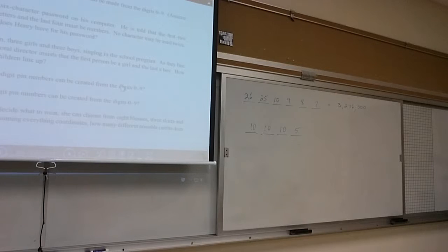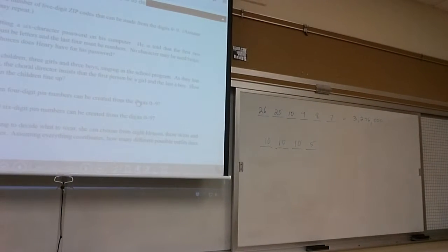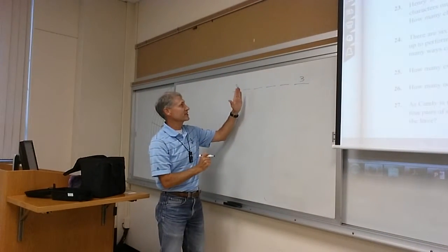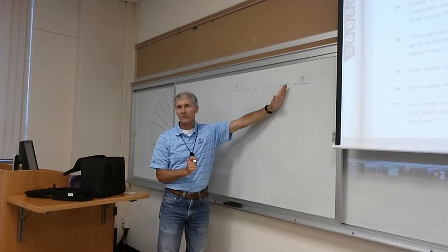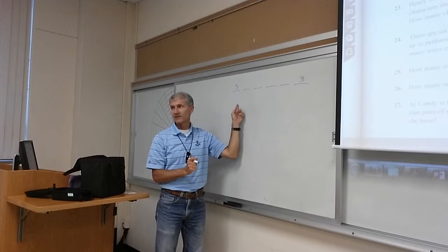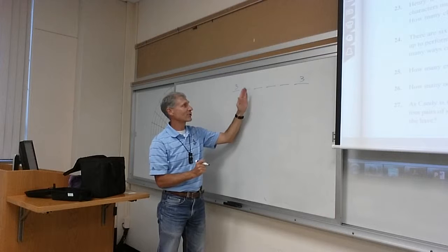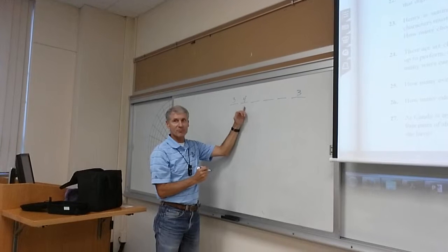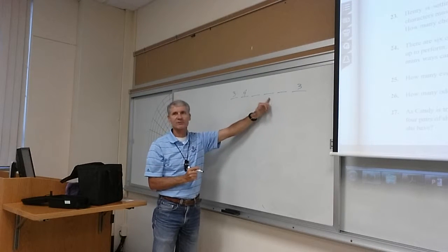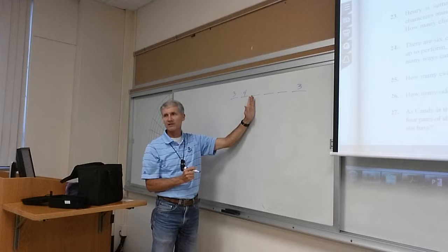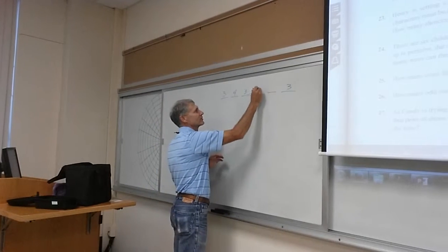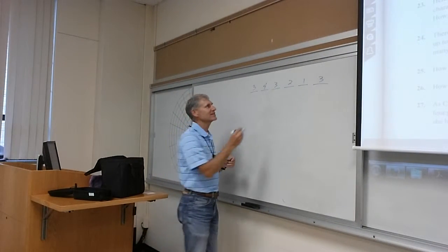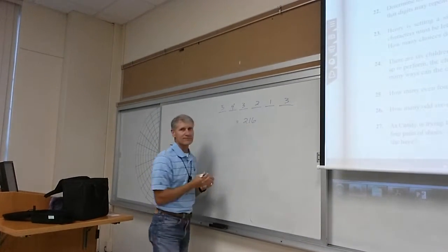3 ways to pick the girl to go here. Everybody got that? 3 ways to pick the boy to go there. The common mistake I'm seeing now is I'm seeing 6, 6, 6, 6, which isn't right because 2 kids are gone. So there's only 4 left. So then I was seeing 4, 4, 4, 4. But, okay, I agree, 4 right there. But now that person's standing there. You can't also have them stand over here. So the number of choices here is 3, 2, 1. So what is it, 216? Okay.